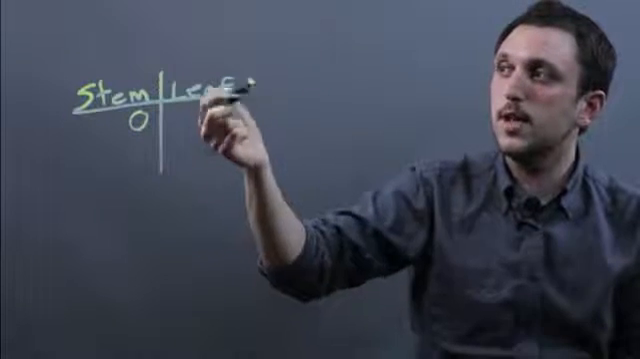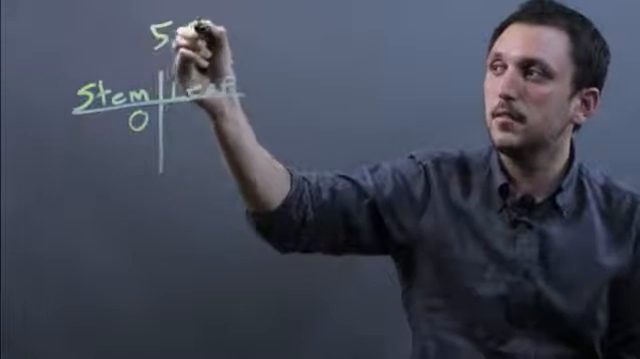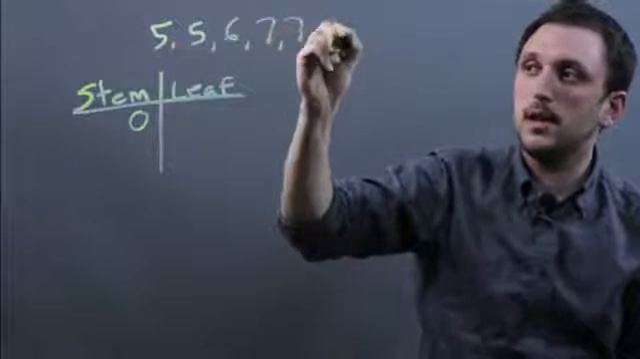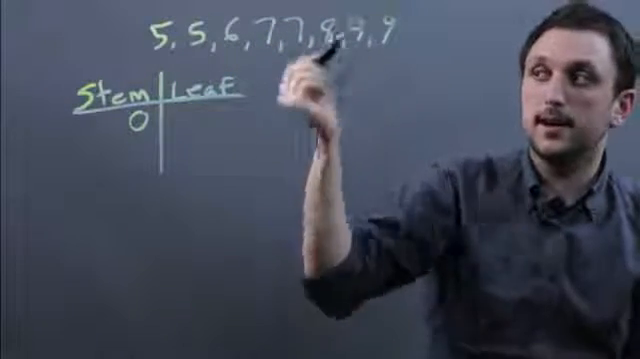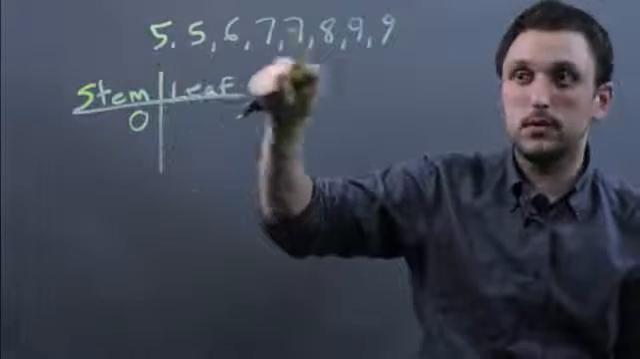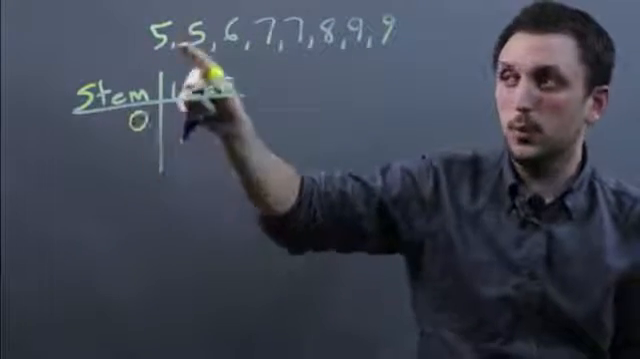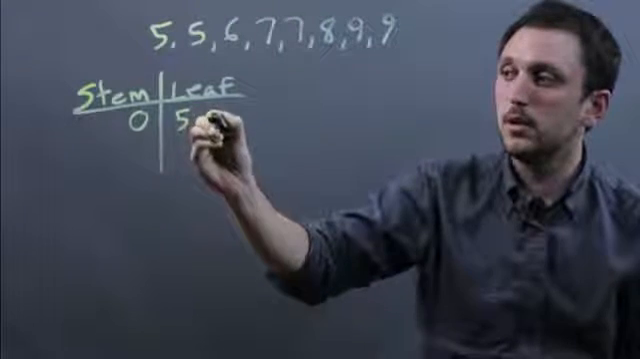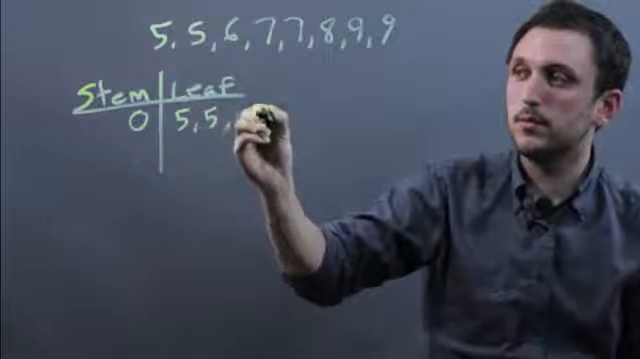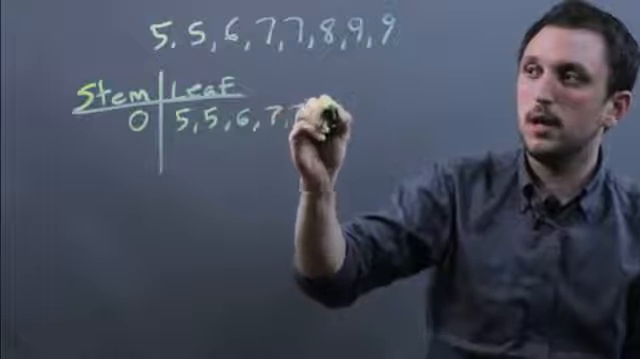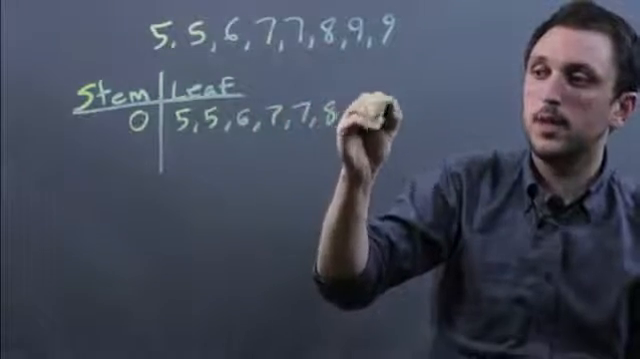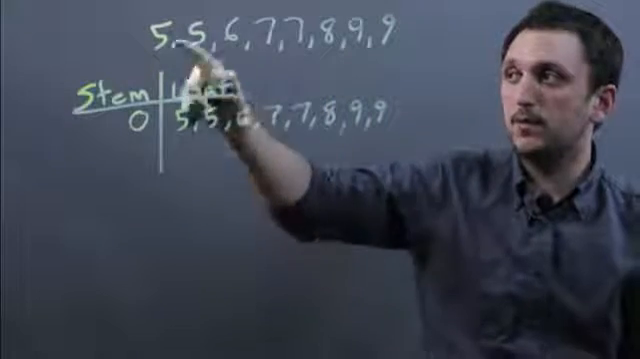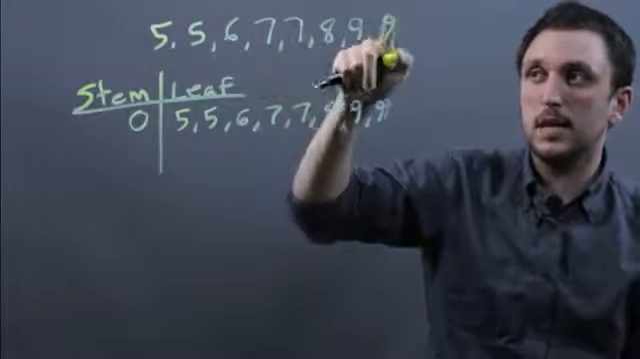So let's say our set includes the numbers 5, 5, 6, 7, 7, 8, 9, and 9. When we want to put this into a stem and leaf plot, we are actually just going to rewrite the exact same set in the leaf. So we'd say 5, 5, 6, 7, 7, 8, 9, 9. So this could be calculating, say, a group of kids, ages 5, 5, 6, 7, 7, 8, 9, and 9,